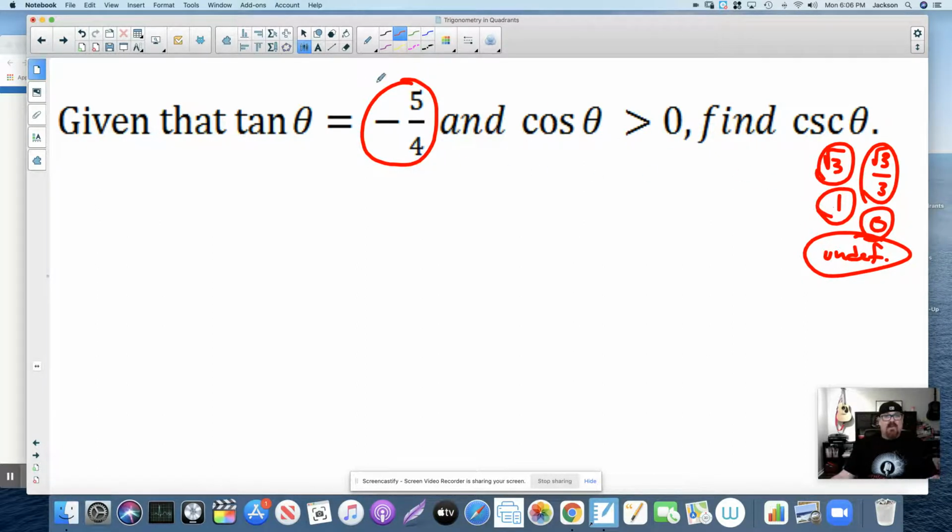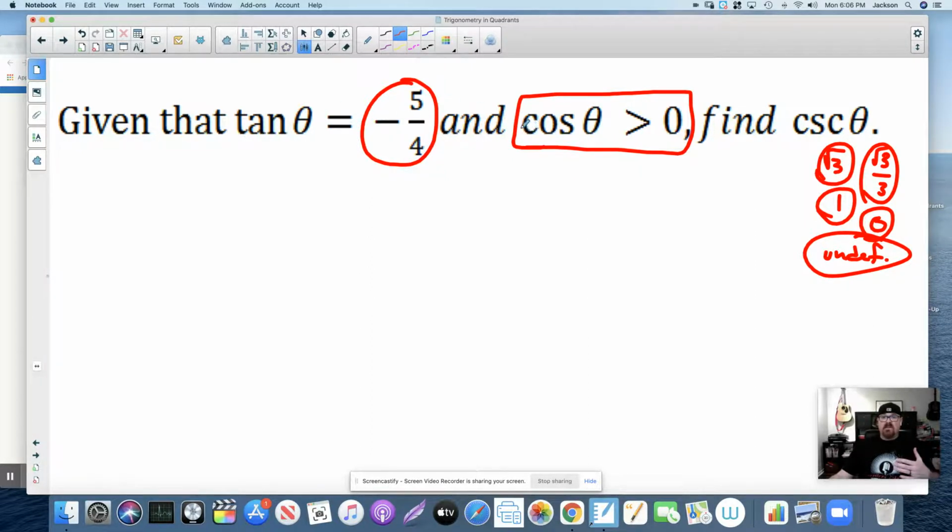So right then and there, that's a context clue. Let's be math detectives here. That's a clue that says we're not going to be doing this problem using the coordinates of the unit circle. So if we're not going to be using the coordinates of the unit circle, we better be using right triangles. Okay, now here's our next context clue. The cosine of this angle is greater than 0. If the cosine is greater than 0, but the tangent is negative,